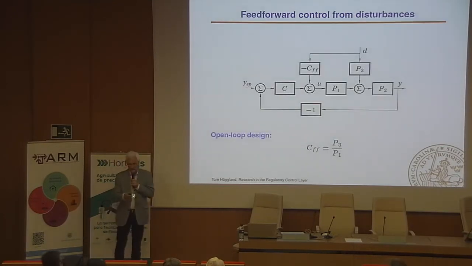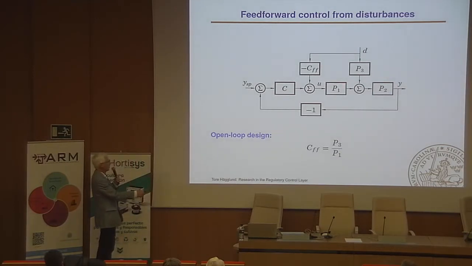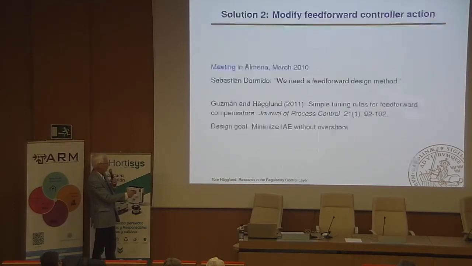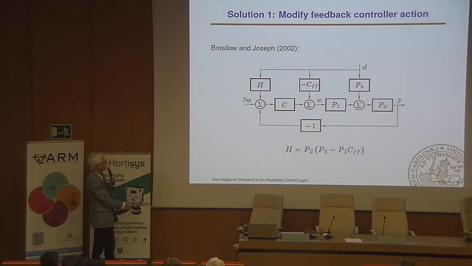This is feed-forward control. You have the controller, you have the process, and you have a measurable load disturbance that acts on the process. Since it's measurable, you can use feed-forward. You can introduce a feed-forward compensator that takes the disturbance as input and adds a signal to the controller output. And if you read textbooks in control, you can see, also directly from this block diagram, that if you choose